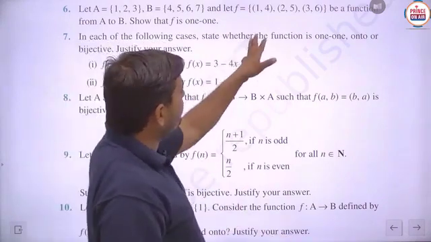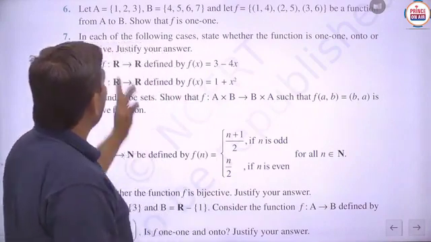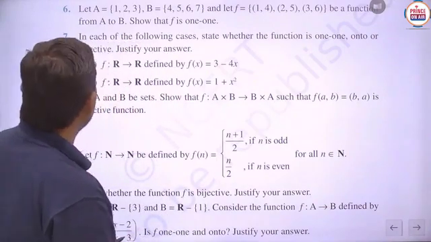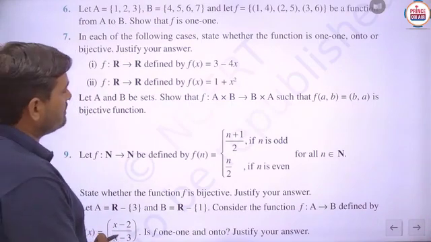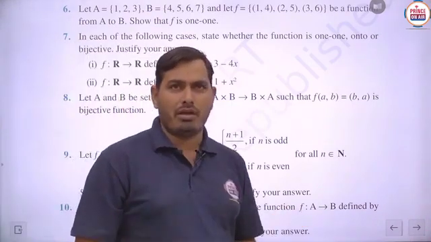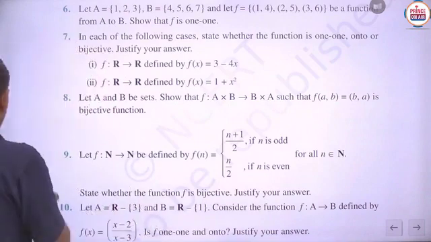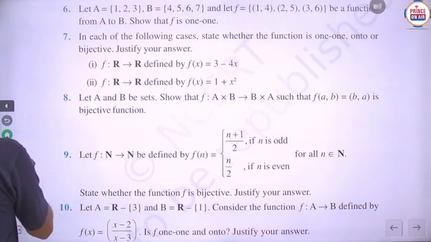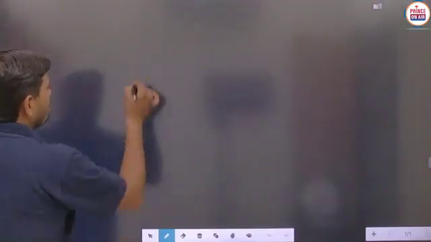So (1, 4), (2, 5) and (3, 6) are given, and f is a function from A to B. Then check whether f is one-one or not. So that is the basic question. Now, students, we will move to the board, where we have to simplify the given things, so that you can easily get the answer to question number 6.